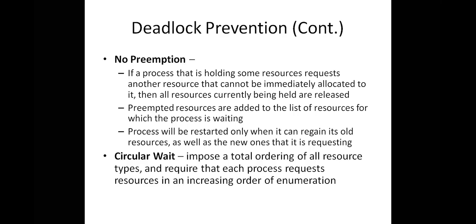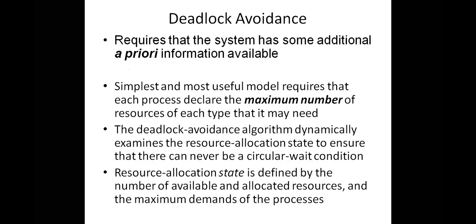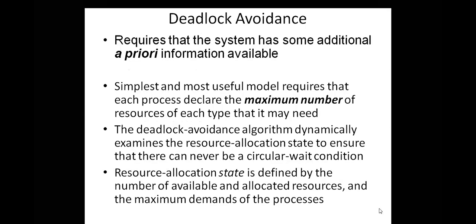Why are we discussing only these four? Because mutual exclusion, non-preemption, circular wait, hold and wait, these four are the necessary conditions for deadlock. That means these are the reasons for the deadlock situation in our system, right? So we can solve all these four problems. If you are able to solve all these four problems, then there will be no deadlock. So that is called deadlock prevention. In the next class, we'll discuss deadlock avoidance.